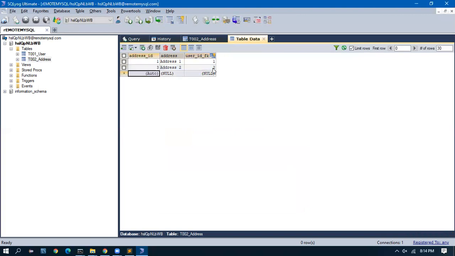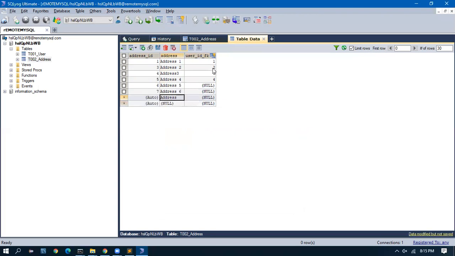So I'll go ahead. Address 3 is for the third user. Address 4 is for the fourth user. Address 5 can be null. Address 6 is for the sixth user.